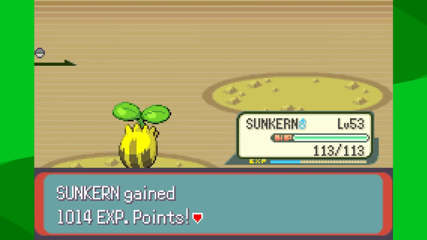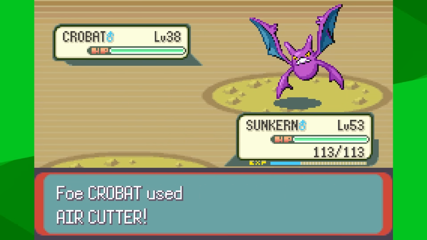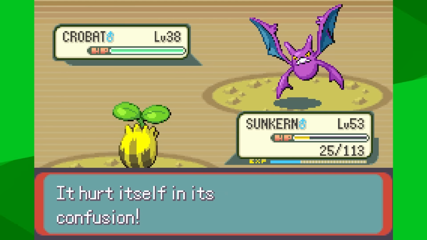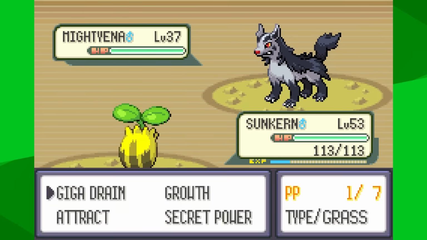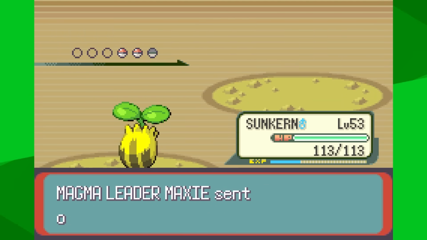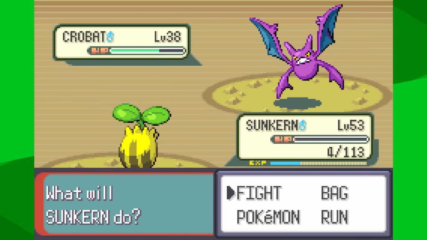It also can confuse me, but then comes Crobat. And Crobat, like we talked about earlier, I don't really have any good moves for, and it has Air Cutter, and I hit myself in confusion. Well, I try in vain to battle Maxie for about 10 minutes, and the reason I'm so persistent is that there's really not another good option. The only other mandatory trainer I have remaining is Winona, and I don't think Winona is going to be substantially